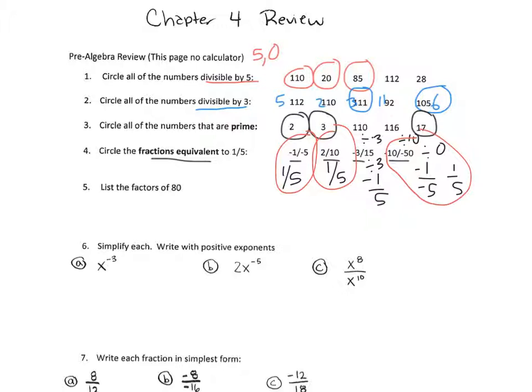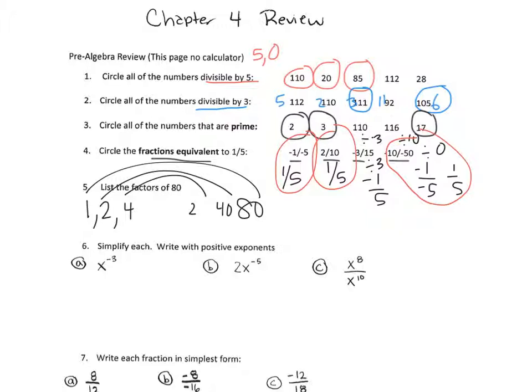Number 5, if you have to list the factors, you want to do a factor rainbow. So 1 goes with 80. Does 2 go into 80? Yes. 2 and 40. Does 3? No. 4? Yes. 4 and